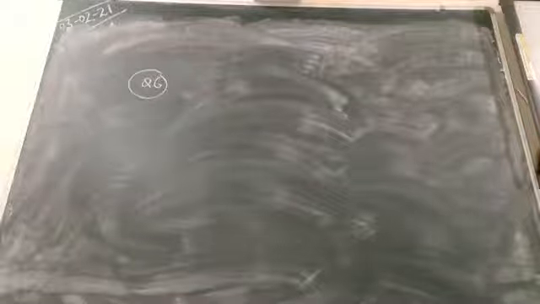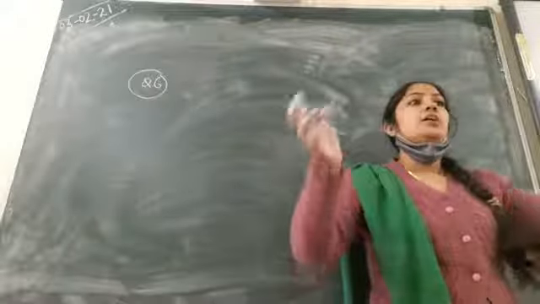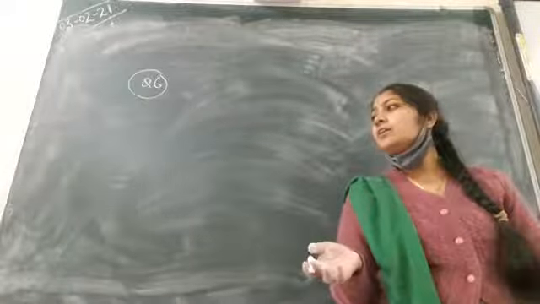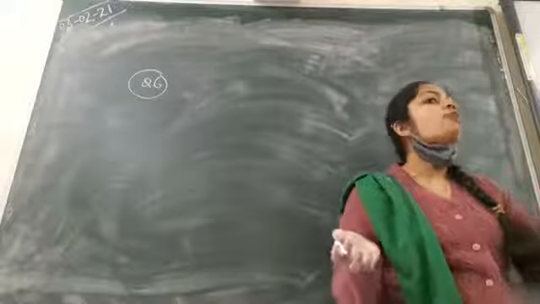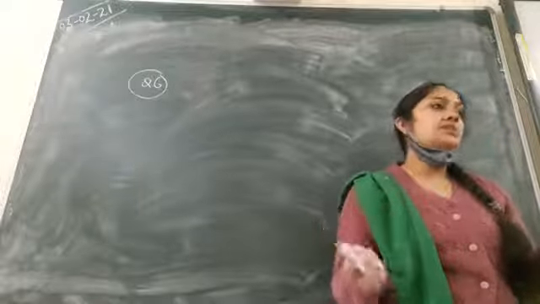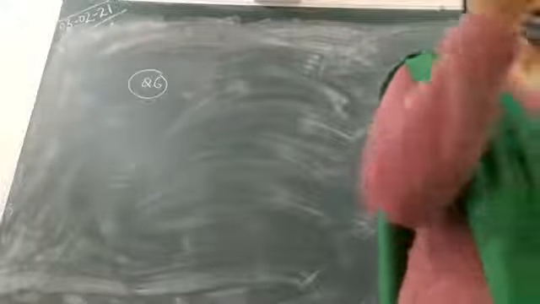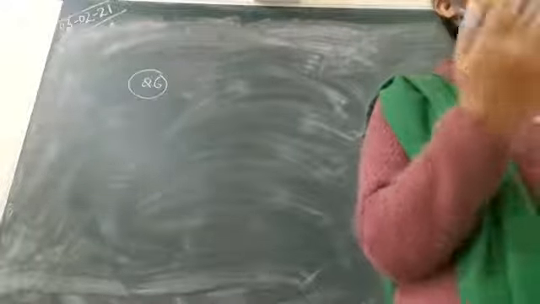Now, in question number 6, they are saying that you have to construct a wall. You have to construct a wall whose length, breadth and height will be given. It's there in the question. You have to construct a wall whose length, breadth and height are given to you. And you will use bricks to construct the wall, right? Yes. So the length, breadth and height of a brick is also given to you. And they are asking you how many bricks means you should use how many bricks or how many bricks are required to construct that wall.